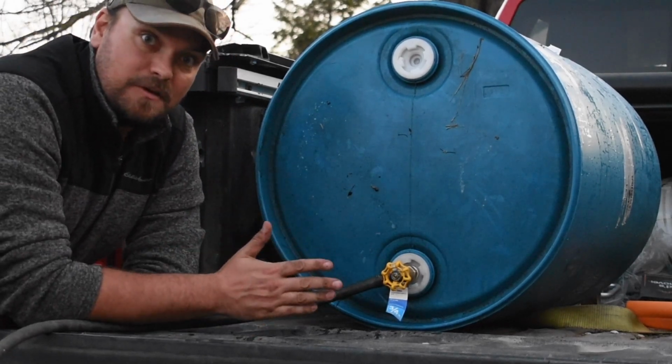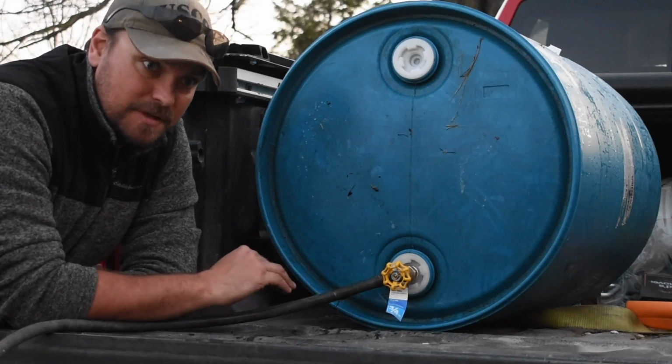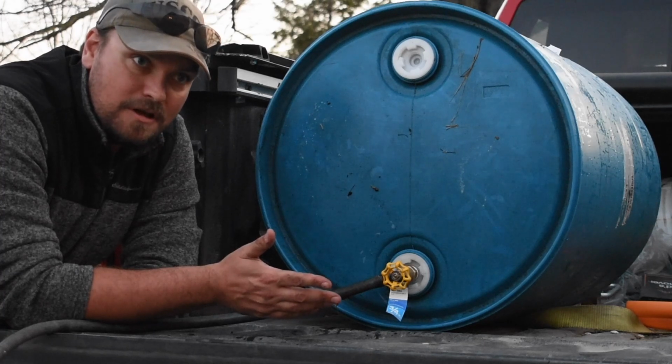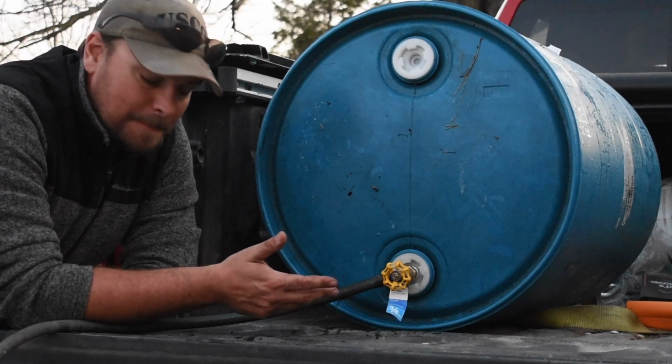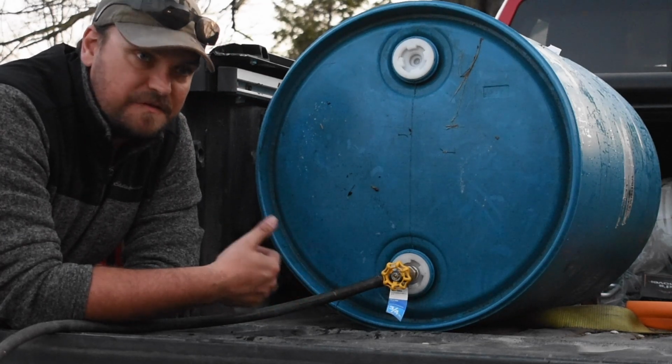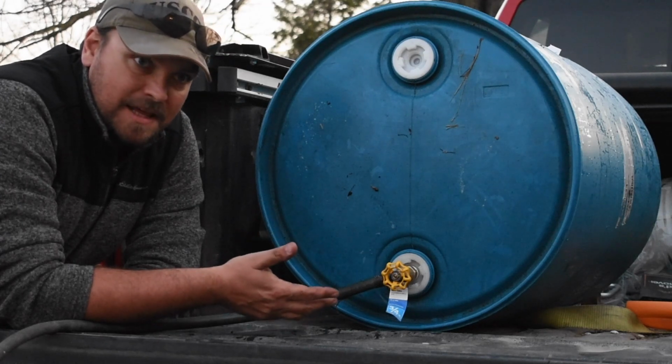Because these are heavy when they're done. I mean, when you have these things full, they are not light. You can tip them over and you can roll them around, but you're not going to pack them upstairs. You're not going to carry them around very far. So even if you're living in an apartment building, or you're living in town,